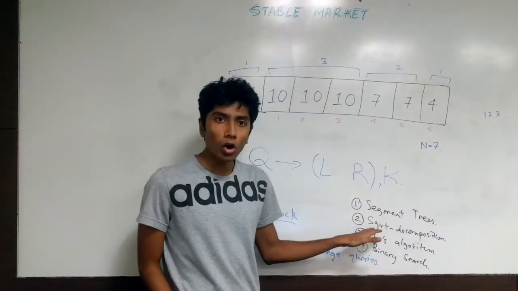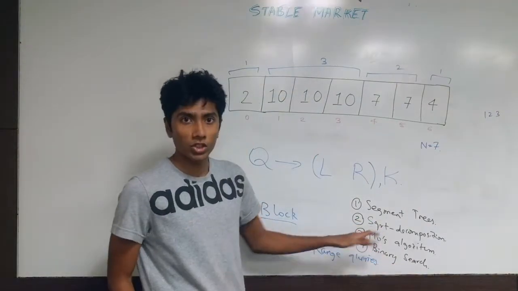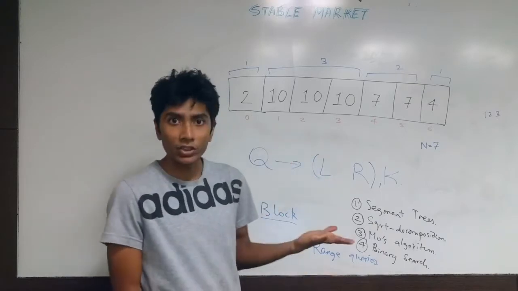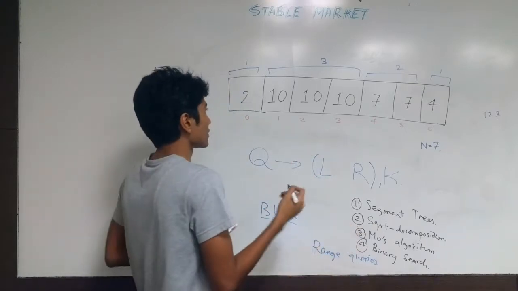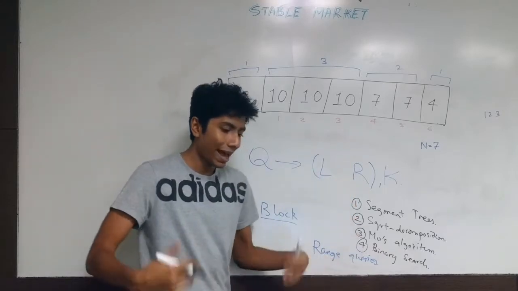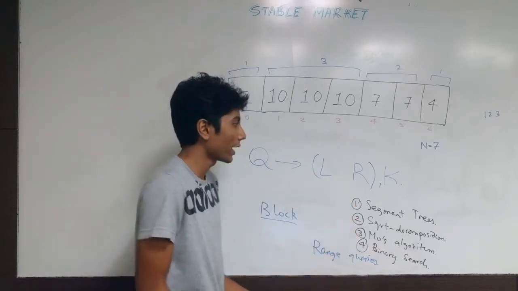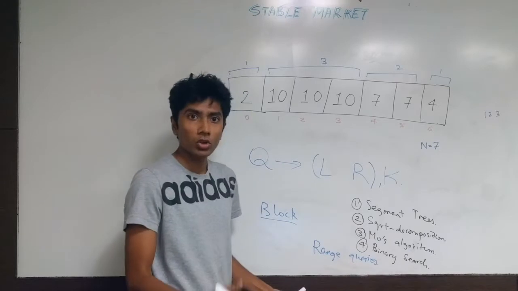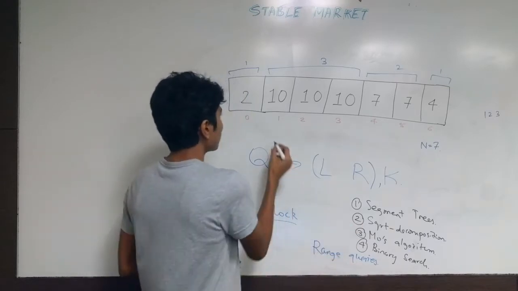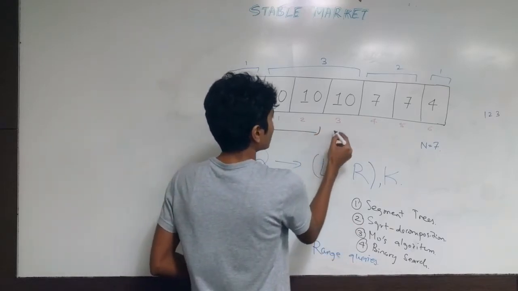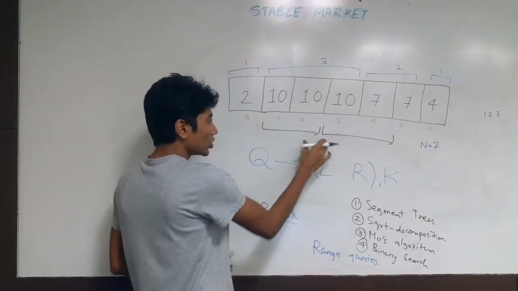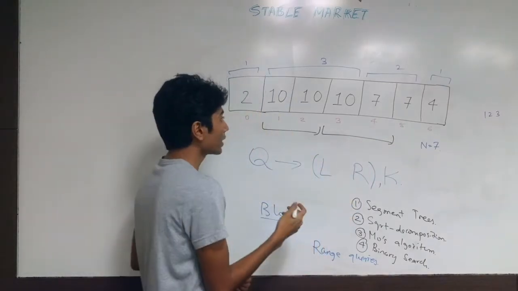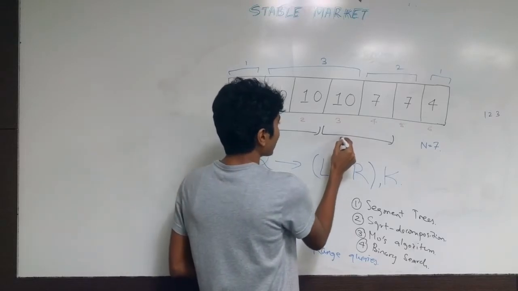A very quick note on segment trees or square root decomposition: if you're using a data structure to handle the ranges, you'll have particular block sizes. In segment trees, you have hierarchical block sizes, while in square root decomposition, you have fixed block sizes. So let's say this is your block, and this is your other block. Every time you're jumping over blocks, you need to make sure that you're not getting rid of